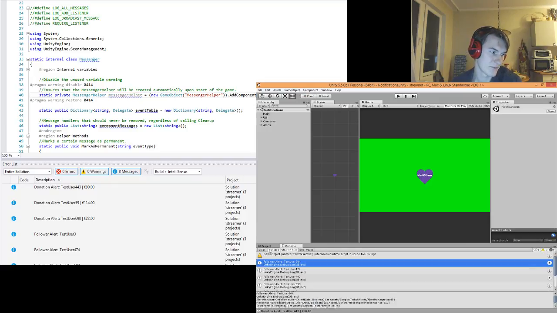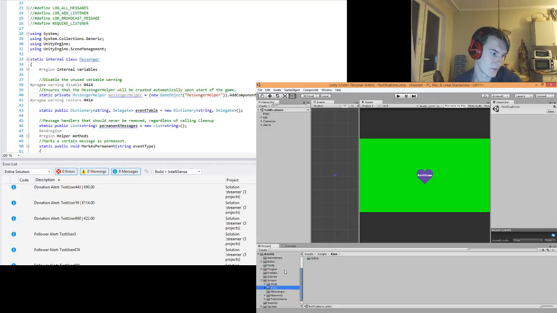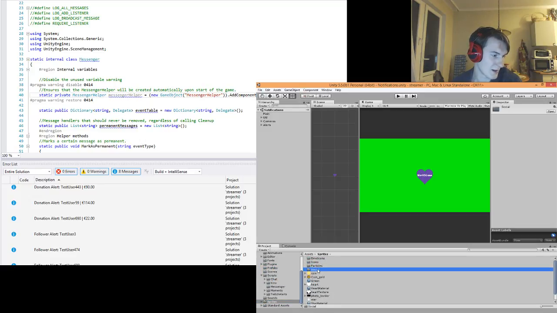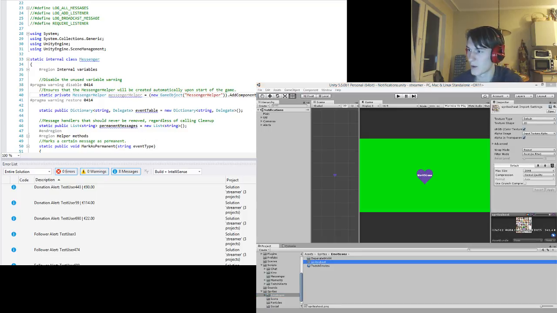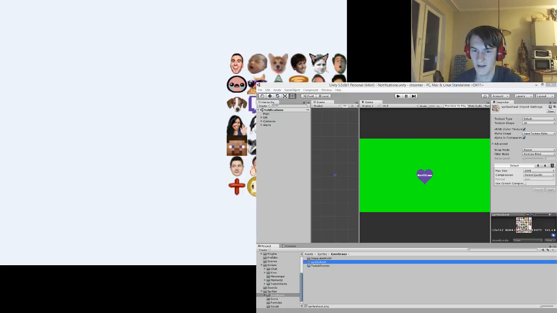So we have this sprite sheet over here, which is emotes which are currently being supported by the bot. When I do something with this, it will be dynamic, but currently that's more than enough, since